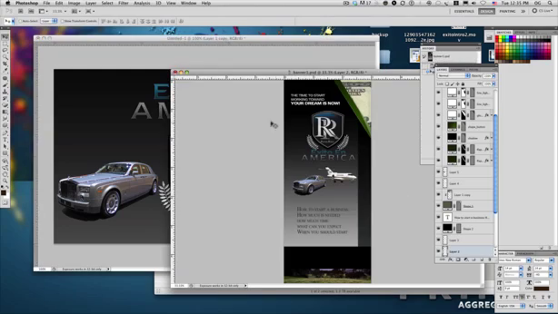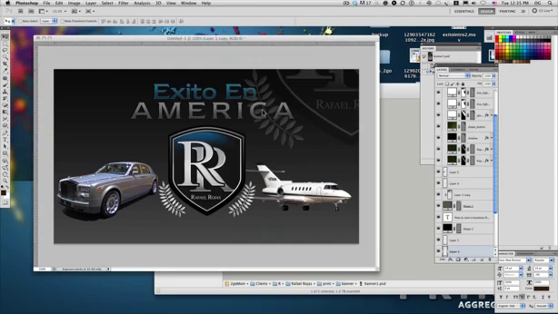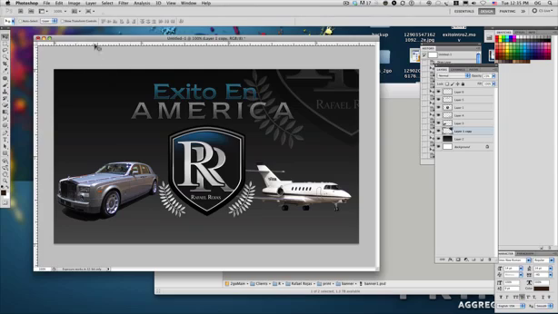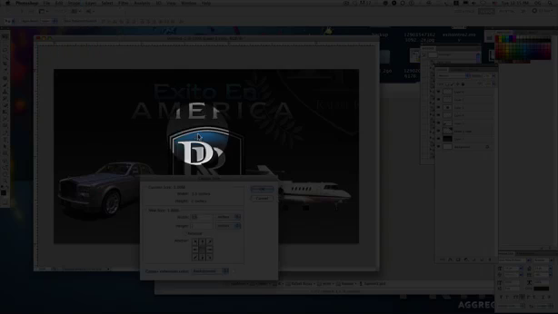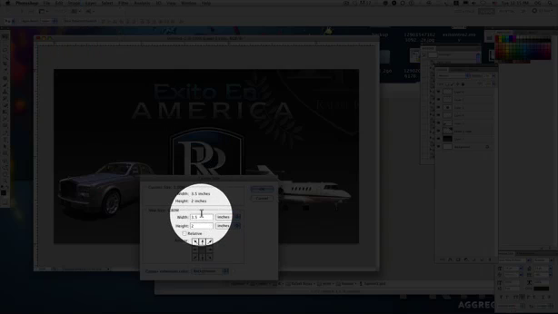Now, you think you're print ready, but you're not. What you need to do is you need to add bleeds. And what bleeds are, let me tell you what they need to be first. Your canvas size should be 1/8 of an inch bleed all the way around. Now, how do you do that? Well, you add